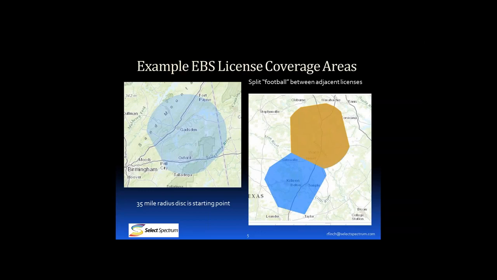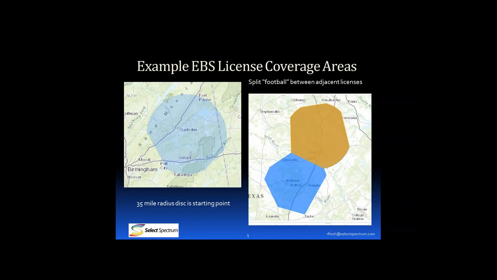And because antennas were directional, even if there was an overlap, both parties could operate successfully. There wasn't any problem. When we went to the mobile devices, obviously they do not have the directional antennas. And so there was a need to take that area towards the edge of a circle that might overlap with another license and essentially divide it between the two opportunities. We call this splitting the football.